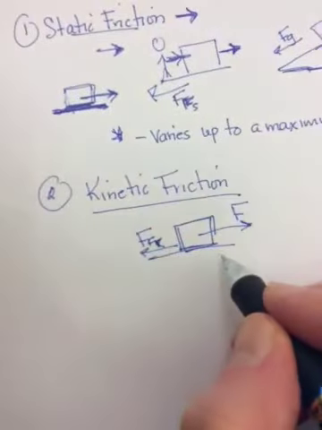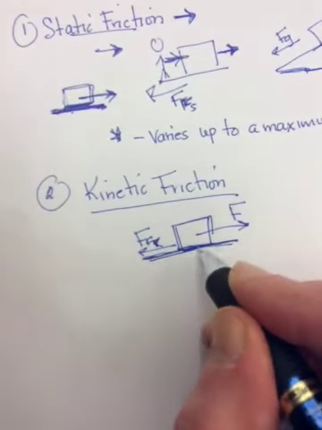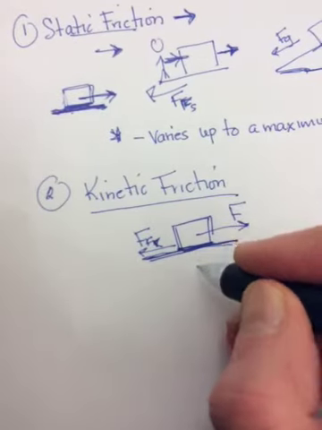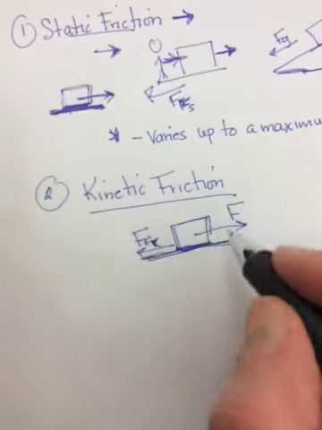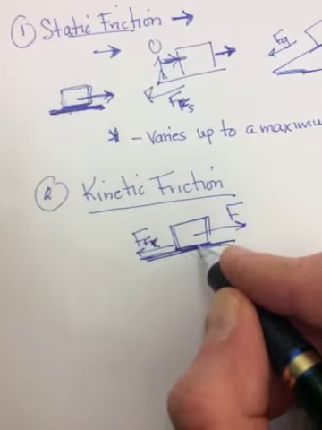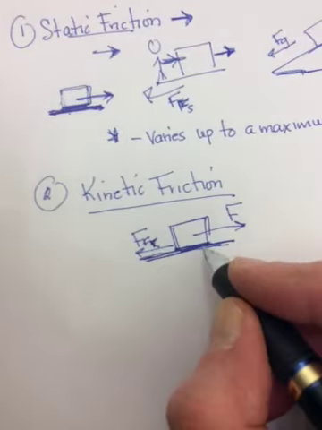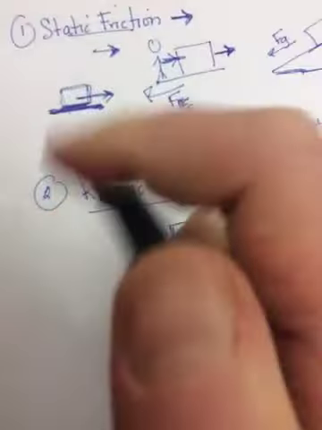Now think about kinetic friction. The object's moving. So because the object's moving, it doesn't have time to form the same type of bonds as it did in static friction. In kinetic friction, it's like you can just give them all high fives as you're being removed from the room because you're already moving. Whereas up here, you formed those bonds because you